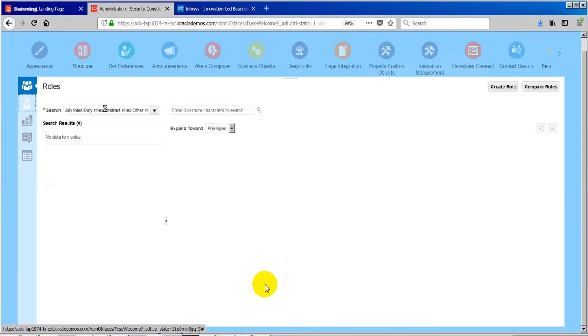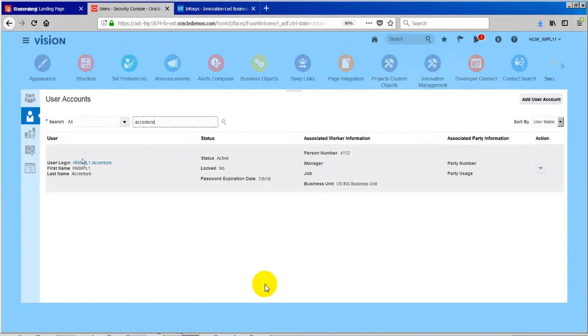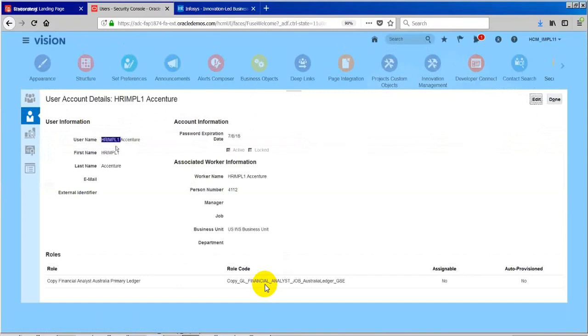Whatever username details we have here, we have an object which exposes these details, like username, first name, last name, manager, job, business department. These details will be exposed as an object to the external world. That's a web service, basically.